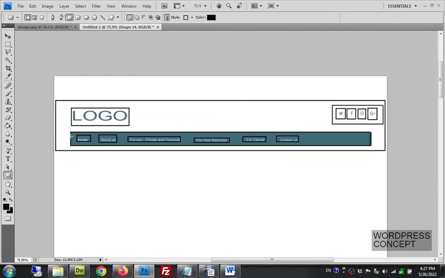Keep in mind this menu div will be within this outer header div, and then we will have the text or the links that will go to the other parts. One thing more that is missing in this image is that